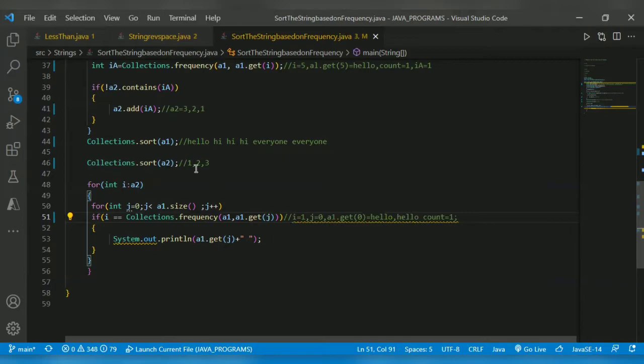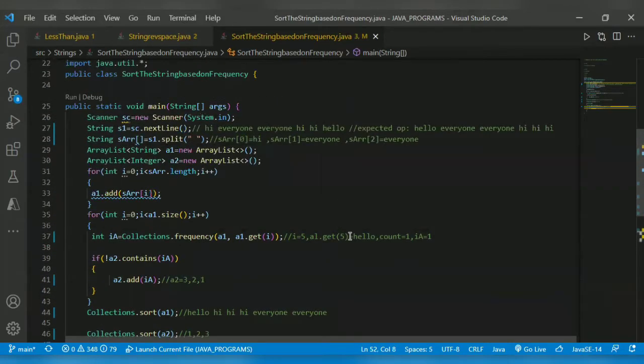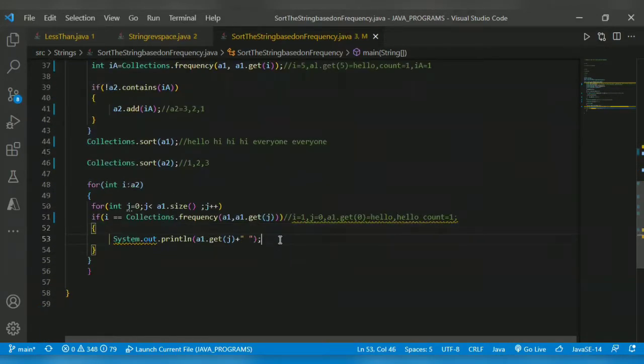So the first element in array list 2 is equal to 1, and hello count is equal to 1. So it satisfies the condition and prints hello.